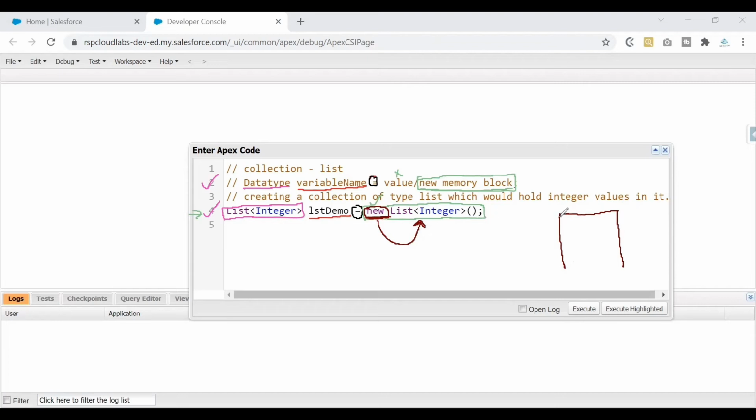Think of a cardboard box just for our understanding. The system might process this a little differently. For us to understand, we are thinking of a cardboard box to understand this concept better. So primitive data types are the data types that are the basic building blocks. User-defined data types are the data types which were built using these primitive data types or other user-defined data types again.